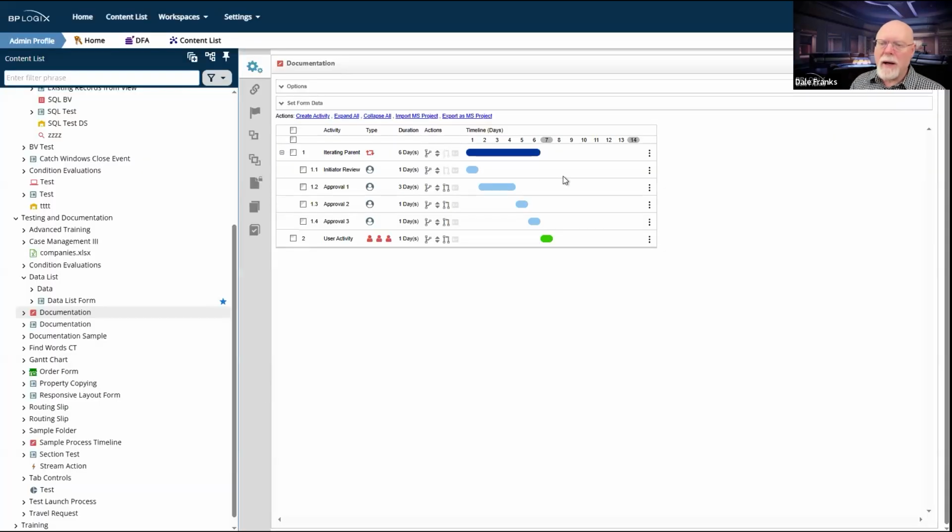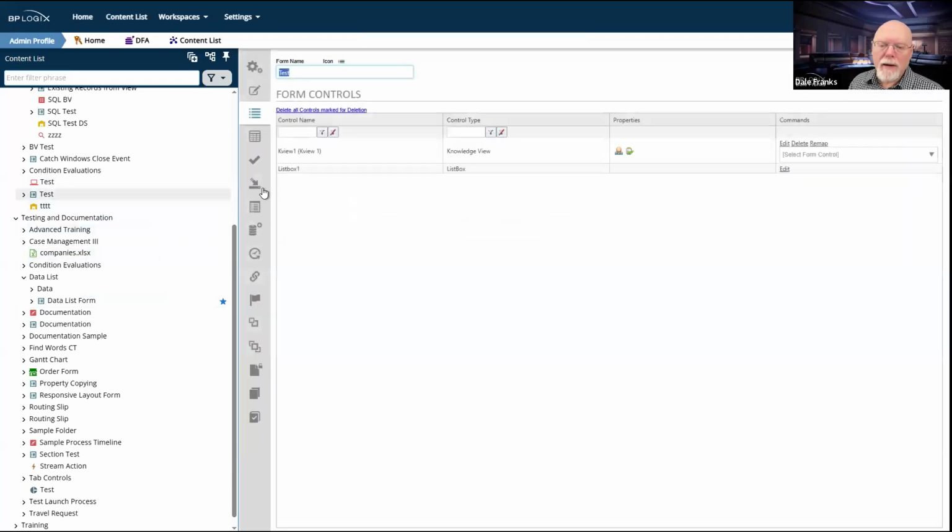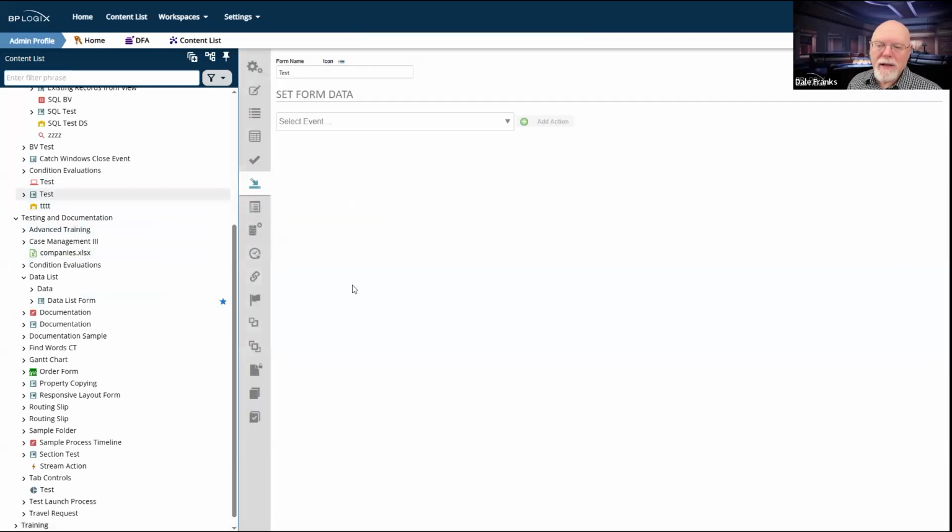Well, maybe actually, I don't know if I can now on this one either. Let's go to a form and let's look at the set form data tab. Okay, so see the way this select event looks?